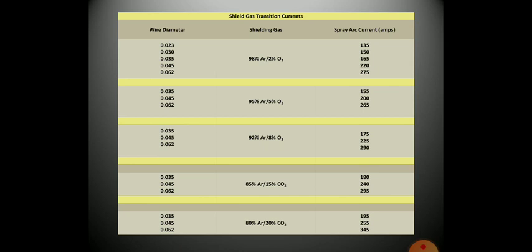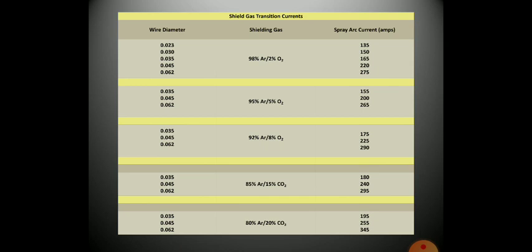So the diameter of the wire, that is 0.04, is increasing the amperage, that is 220, and 0.62 is leading to 275. So these are the shielding gas transition currents, and these are the methods. Again, moving toward when we are increasing the percentage of carbon dioxide and oxygen on a similar electrode diameter, as you can see, 0.035 in this particular